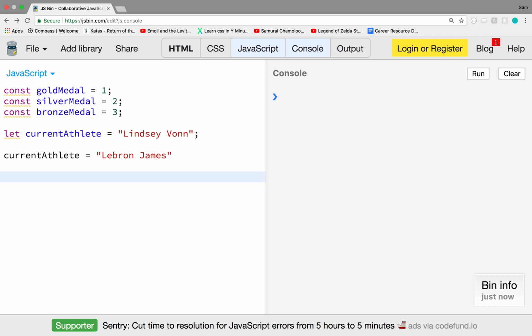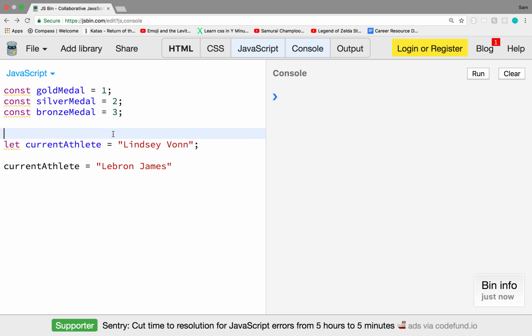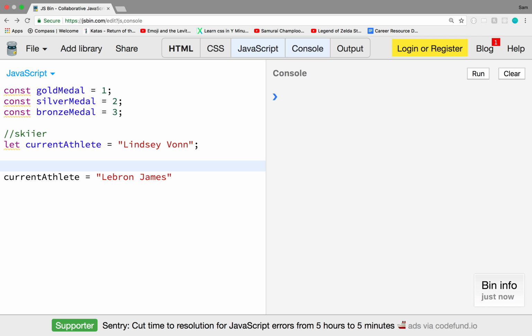Now, in this case, we know that LeBron James plays basketball, and we know that Lindsey Vonn skis. So up here we'll say skier, and down here we'll say basketball. Just put ski there. And then we can write an if statement. So if statements use variables and they evaluate them and then run little bits of code depending on how that